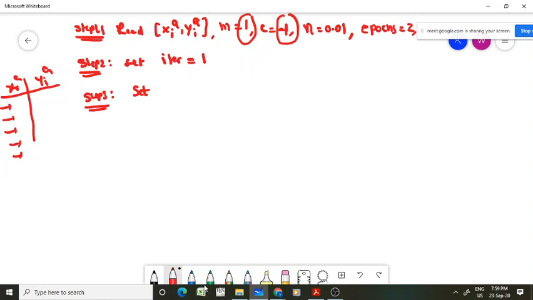So you are initializing the iteration count. Now you have to take sample 1. I am representing it with i equal to 1, sample i equal to 1. So i equal to 1 means you are taking the input and output from the first sample, right? Now in step 3, what you have to do now is,